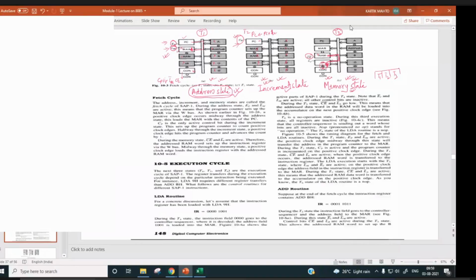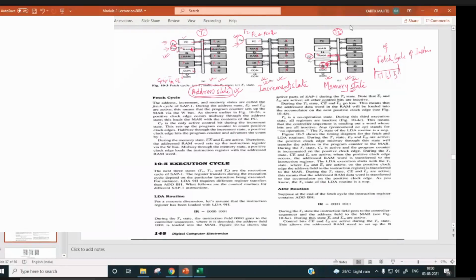So each time whenever instruction is executed, processor has to go through these three states: address state, increment state, and memory state. Right? And this cycle will be followed. So this is called fetch cycle of the instruction.